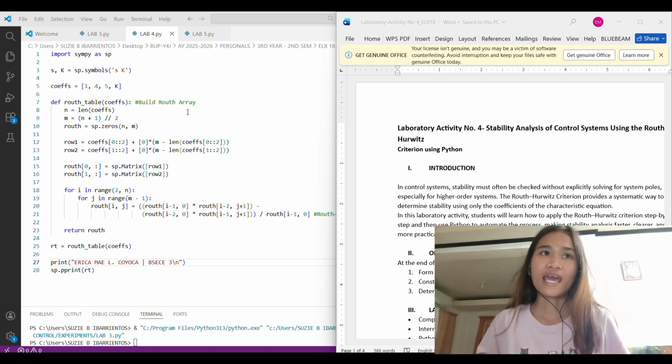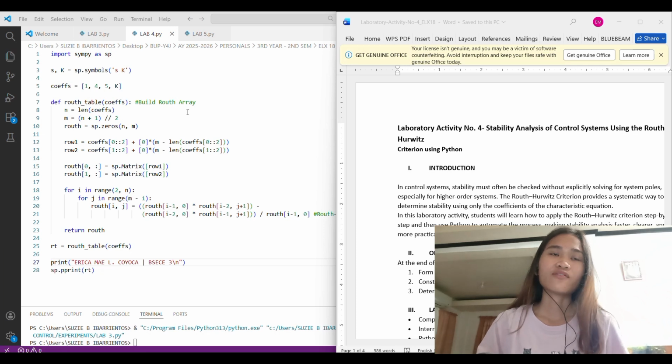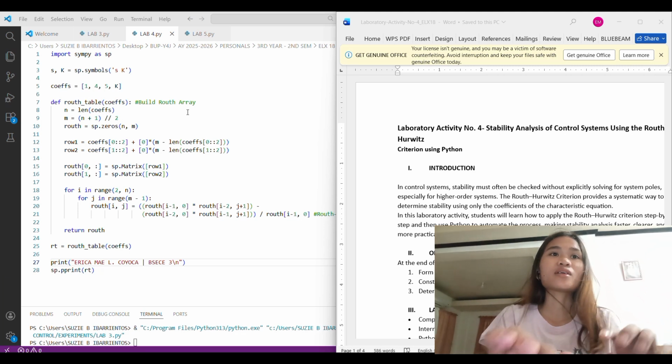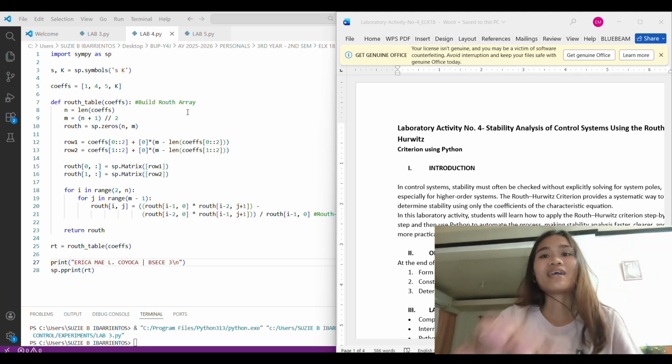So we have n is equal to the length of the coefficients, and m is equal to (n + 1) over 2, and for the Routh table it is equal to sp.zeros. Okay, this one here, the row 1 coefficients, this line here,